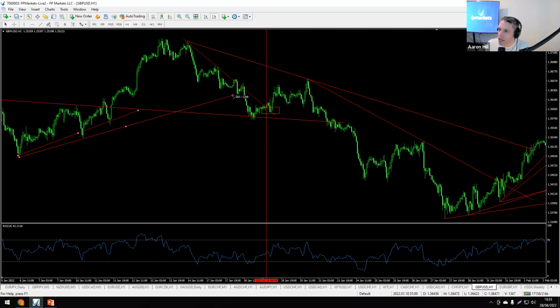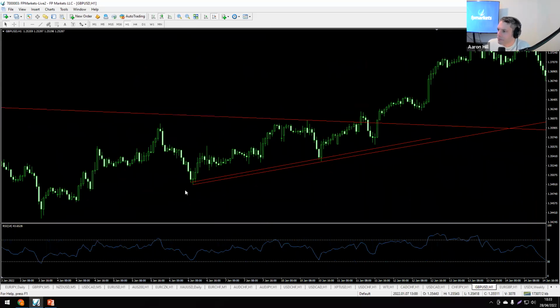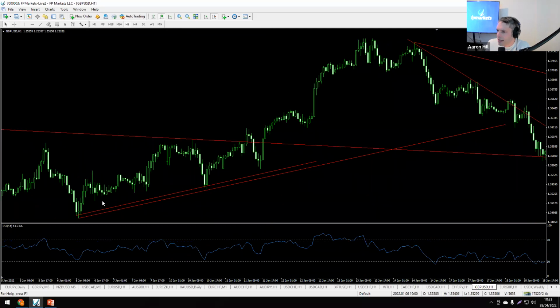Instead of using just the extremes of the candles, you can also use the candle bodies. As you can see here, I should have used the candle. Just imagine that this is the function on the MT4 that keeps dragging it to the extremes. But imagine I've gone from the candle body there. Let me zoom in to make this easier. So imagine if I went to the candle body at this point here and the candle body there, which I've done. This creates a buffer